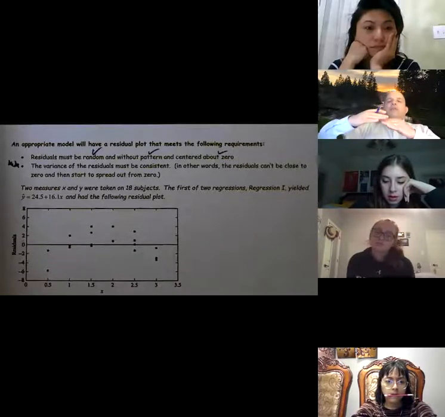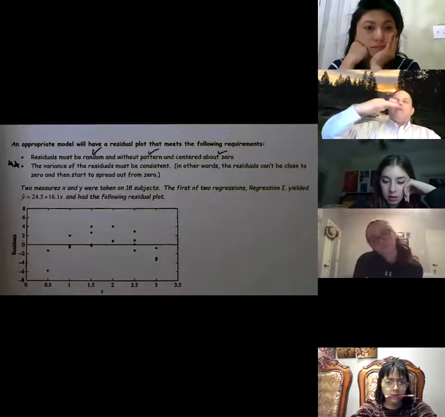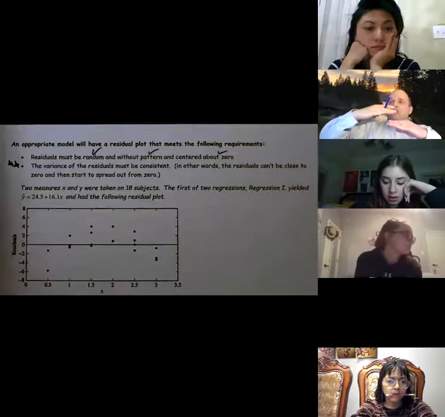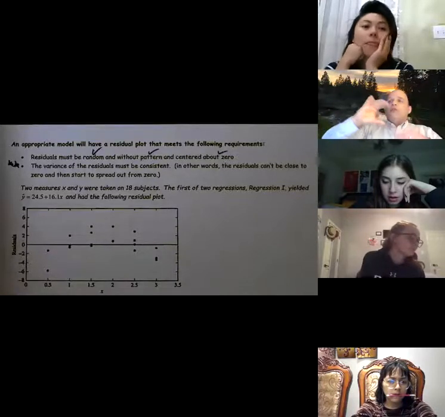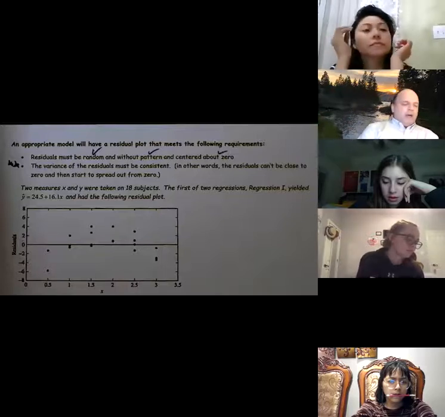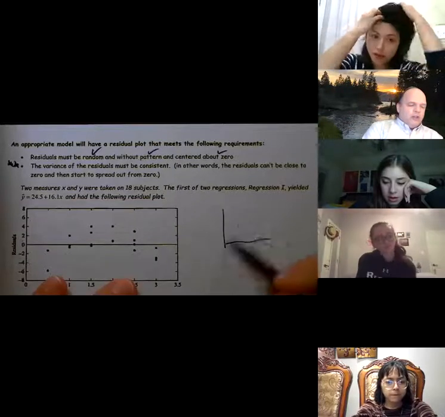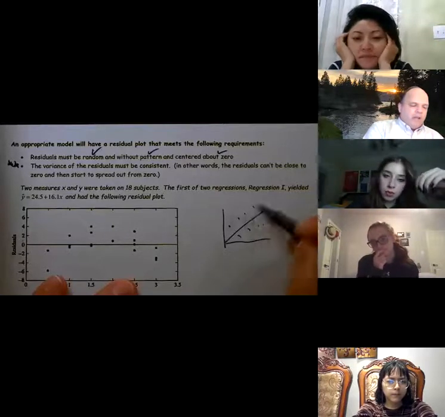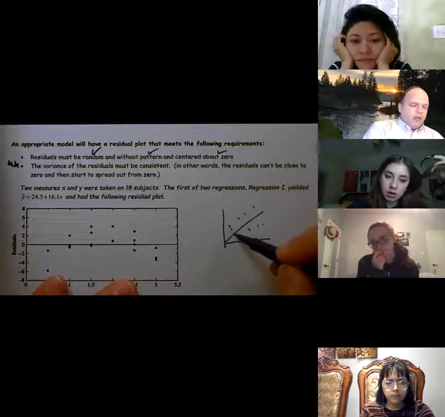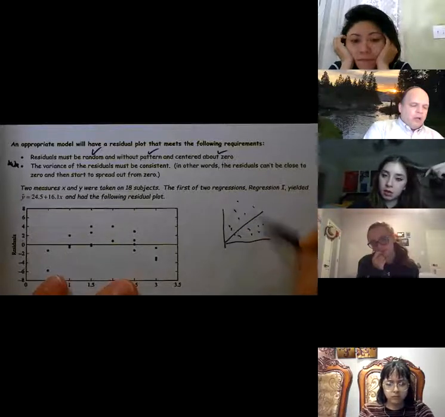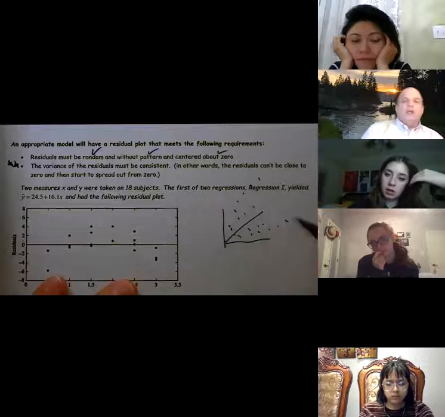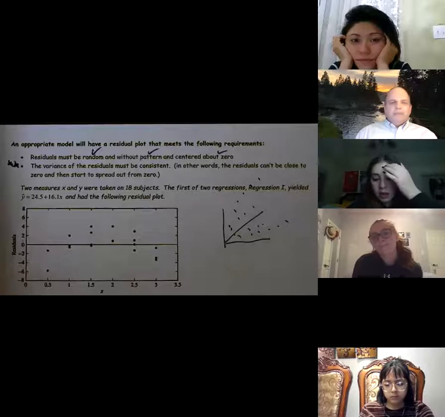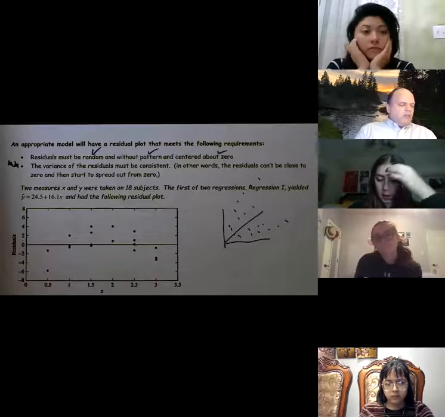In other words, you shouldn't see data getting farther and farther away from the plotted line, nor should you see it getting closer and closer to the line. So the variance along the line, if my prediction line looks like this, I should have data equal distance about it. I should not start off with this and then be growing and growing. That would be my variance. I would violate the variation rule. Okay. So next thing,